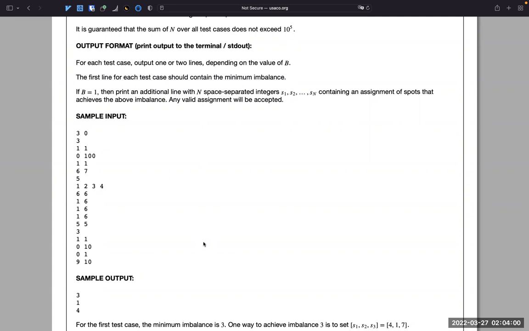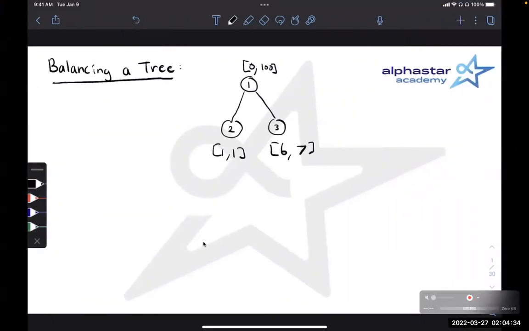I'm just drawing out the sample, and then we'll take at least one of the samples. Oh, I drew it wrong. Okay. So this is one of the samples. Maybe we do some sort of DFS over the tree where we keep track of, well, one idea I would immediately think when looking at this is,